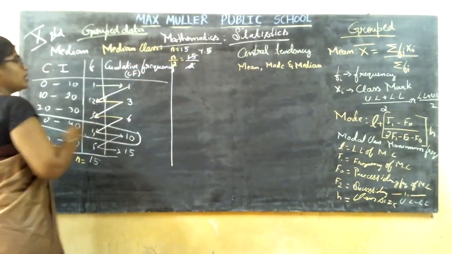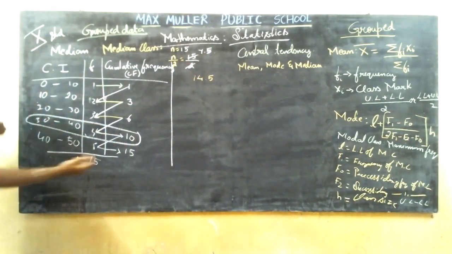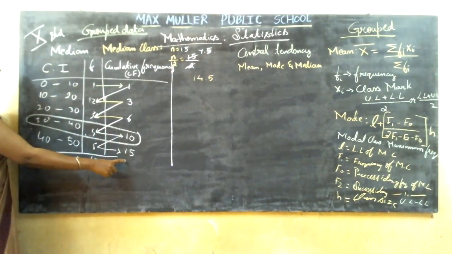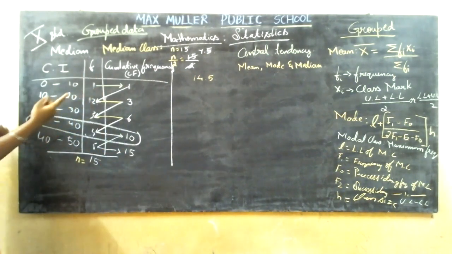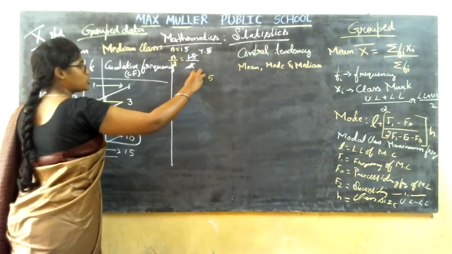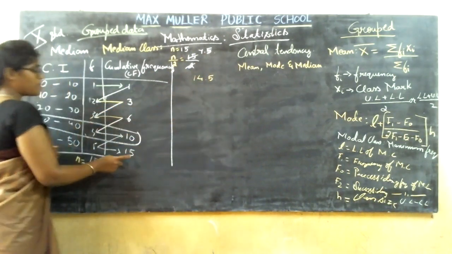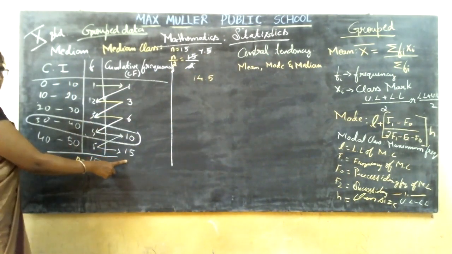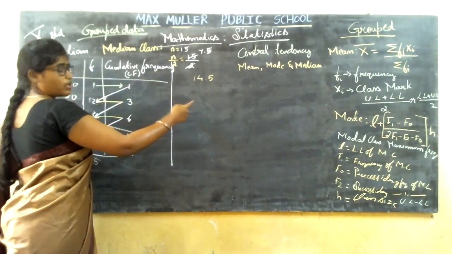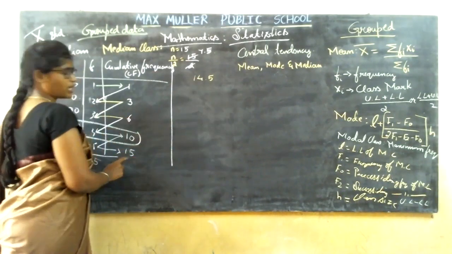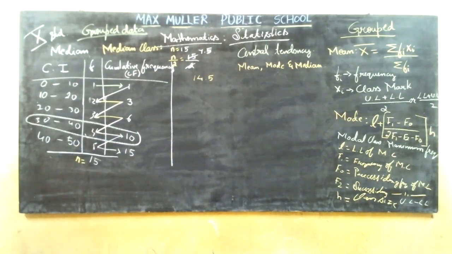If the n you get is 14.5, then you are going to check it in 15. Why? Because 14.5 is lesser than 15, and 15 is greater than 14.5. You need to see that the number you choose in the cumulative frequency should be greater than the number you got. That is, the number you get should be lesser than the number you choose. Clear about this? Now the median class has been made ready for you.